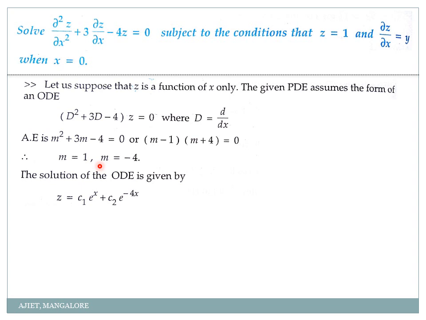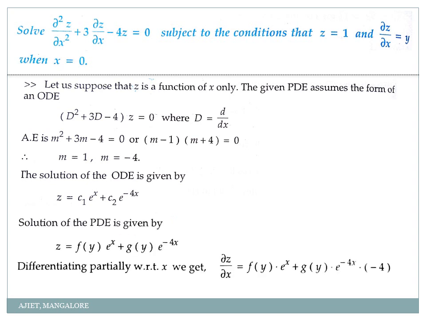See, remember my dear students, if you get only i, then it is imaginary. Now here I am not getting i, these are real roots only. So how will you write the general solution? z = c1 e^(ax) + c2 e^(−ax). Done. Now I should replace c1 and c2 with what? What is my constant here? If your variable is x, y is a constant. So you should write c1 as f(y) and c2 as g(y). So my solution changes to z = f(y) e^(ax) + g(y) e^(−ax). Call that equation 1.